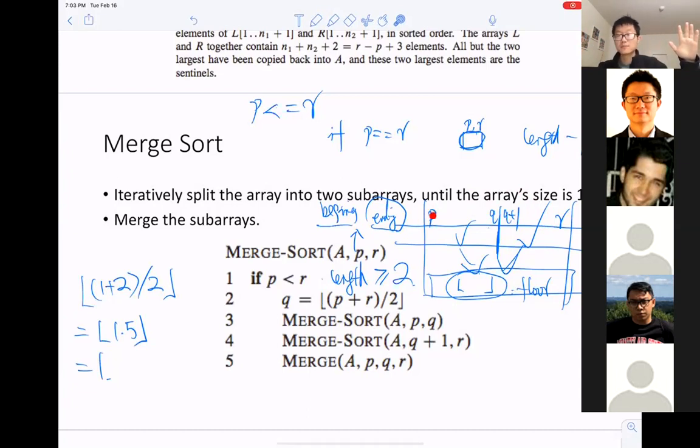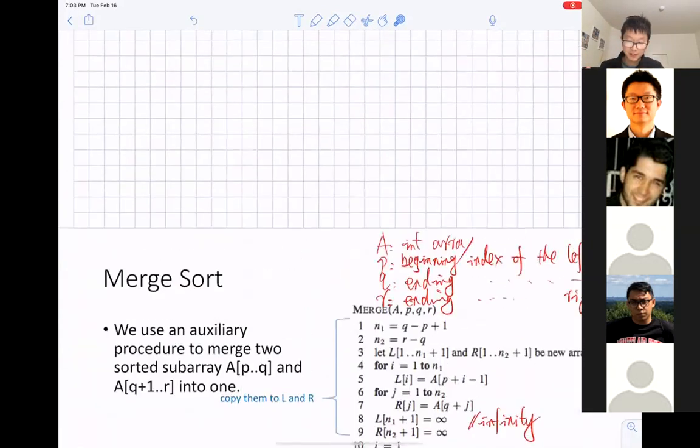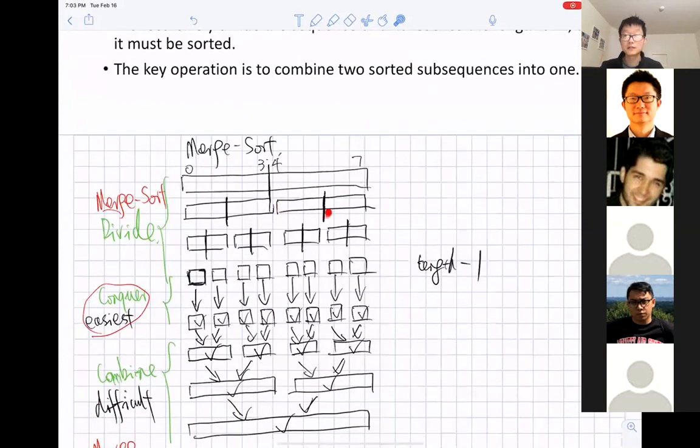If they are, then P is 0 and R is something like n-1, if we use the index convention of Java. But here, P and R can be any value, because we are talking about a subarray. A subarray can be something like this one, or like this one.